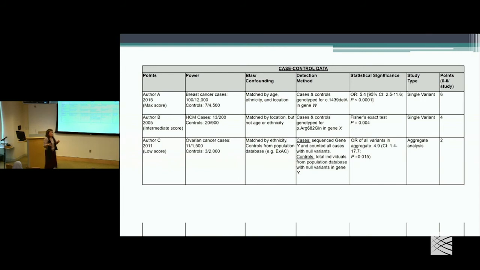So the challenge is that the world is not conveniently divided into complex traits and fully penetrant Mendelian disorders. We have stuff in the middle, right? And that's where we get, like, cancer is a good example. There are very good families with clearly hereditary breast and ovarian cancer and many other cancers. But some of the variants have lower penetrance. There are BRCA1 and 2 variants. The gene is absolutely implicated, but the variant CHEK2 is a good example. It's a cancer gene, but has much lower penetrance than BRCA1 and 2.